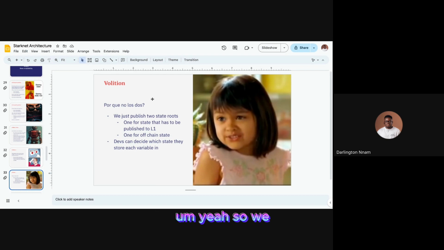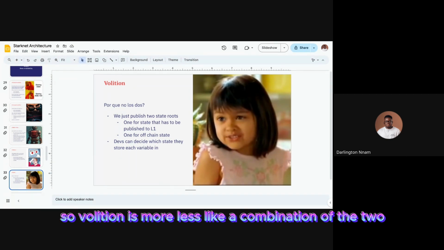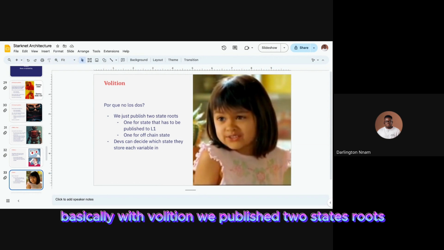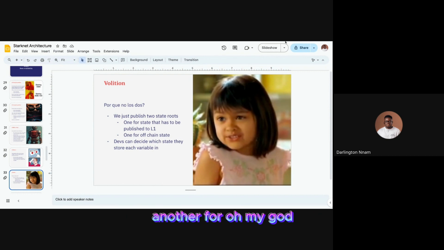Yeah, so the current approach, which is being explored on Starknet, is volition. Volition is more or less a combination of the two, both off-chain and on-chain. So with volition, we publish two state roots, one for states that have to be published to L1, another for